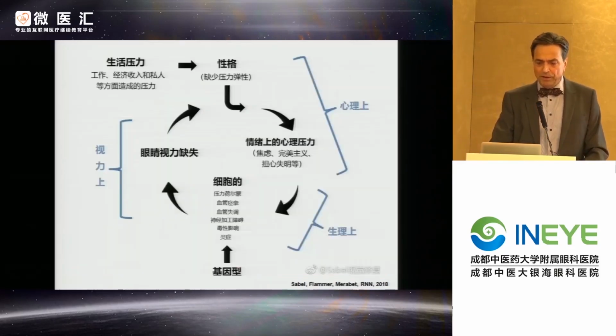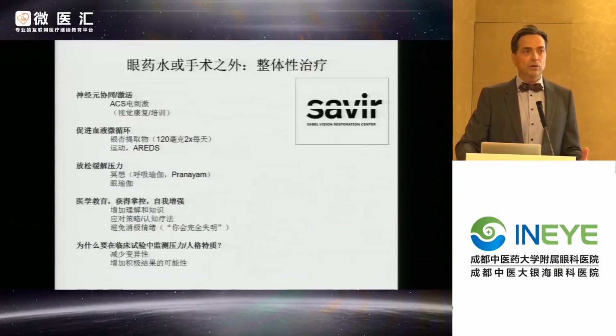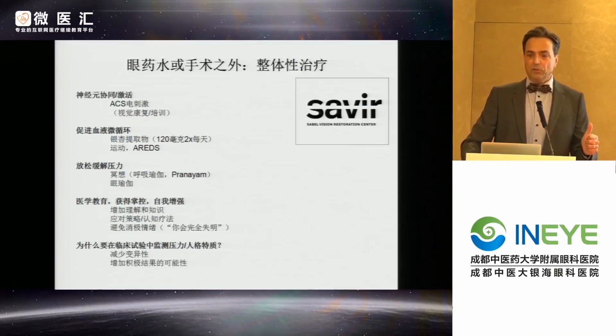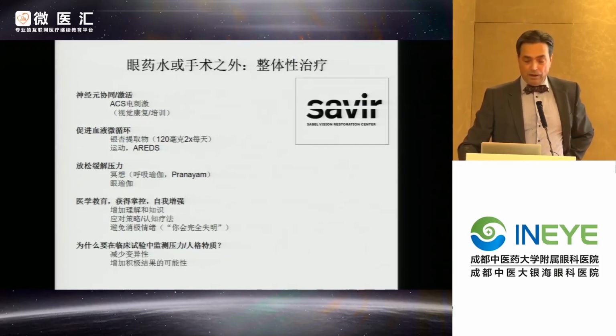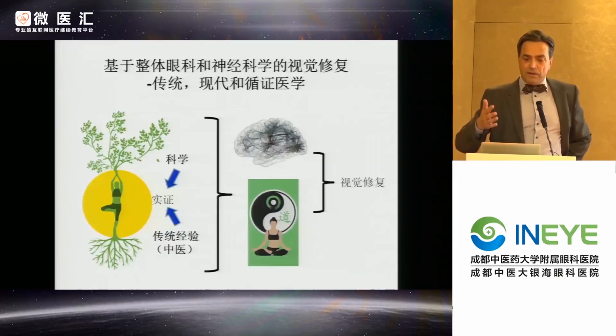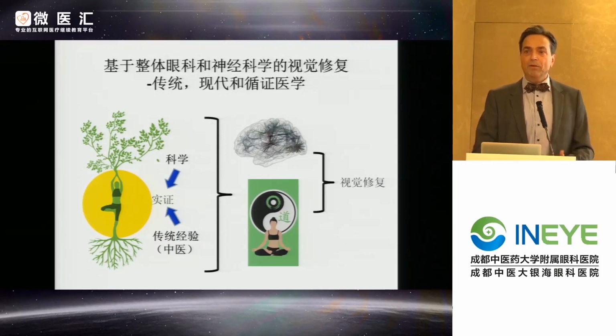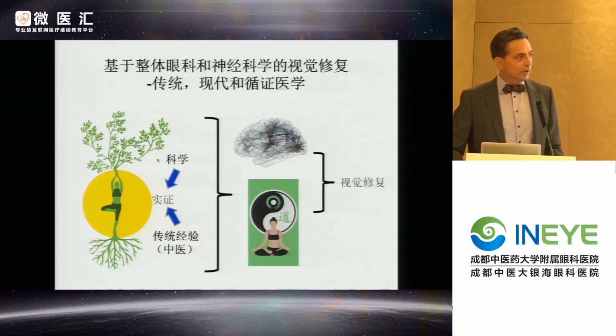So I want to finish up by indicating that with the therapy we offer in Germany, we introduce all these different techniques to our patients at the same time. So not one mechanism, but many mechanisms that you can read here. So the problem of vision loss is holistic. It is not only a matter of single molecules. And with that, I'd like to end by saying that we need to look at science, but also at traditional concepts of medicine, also in ophthalmology, because only both of them combined will give us the best opportunities for neuronal regeneration and recovery. Thank you very much.